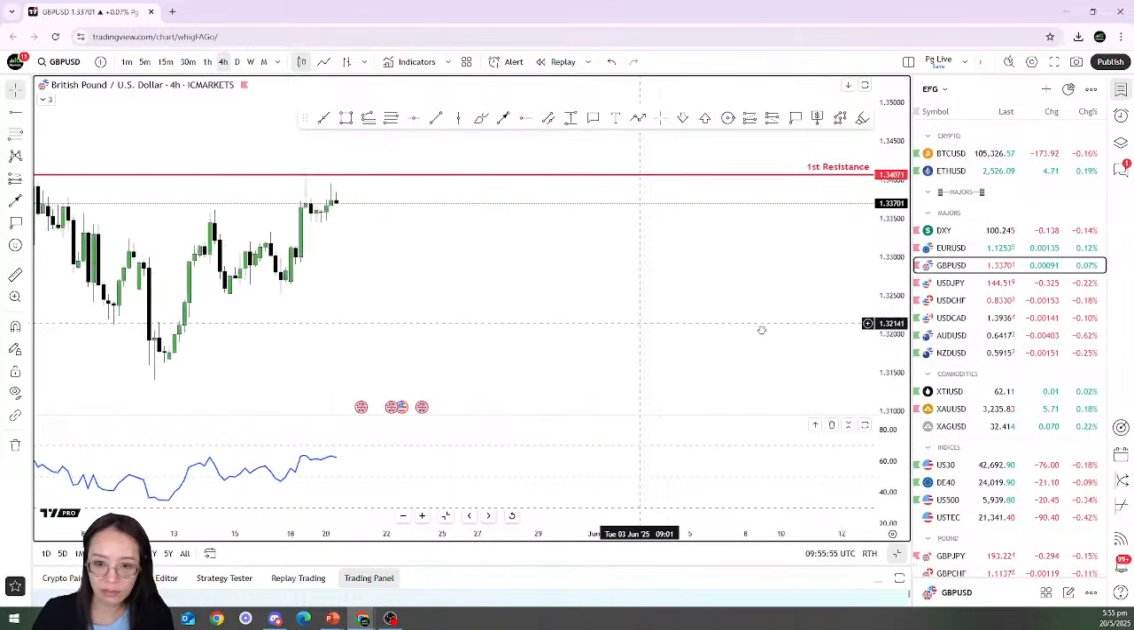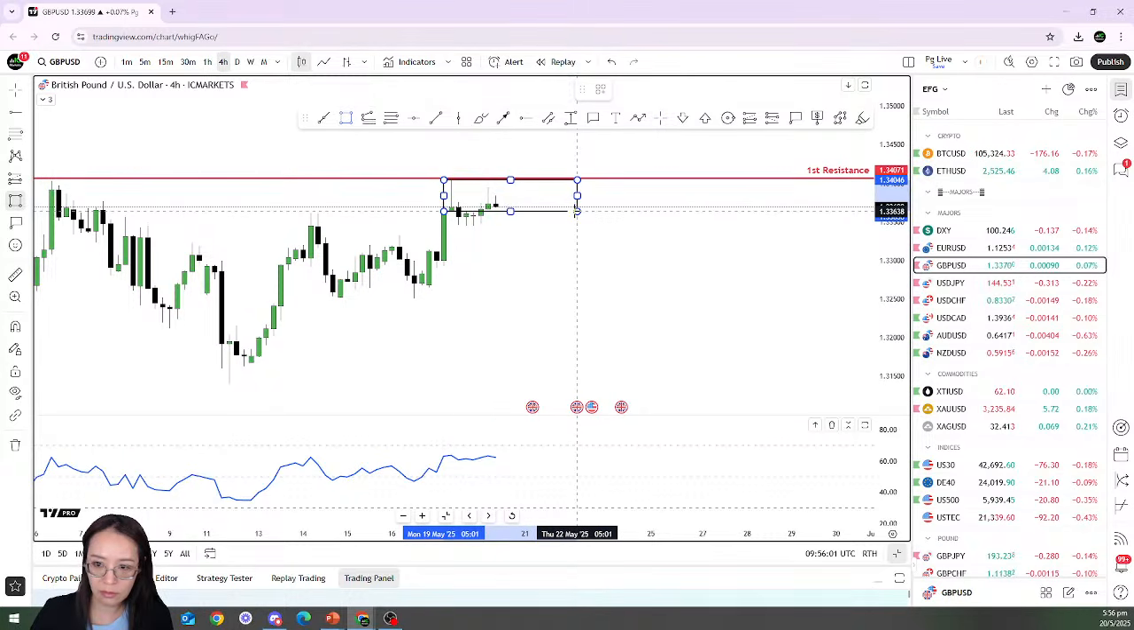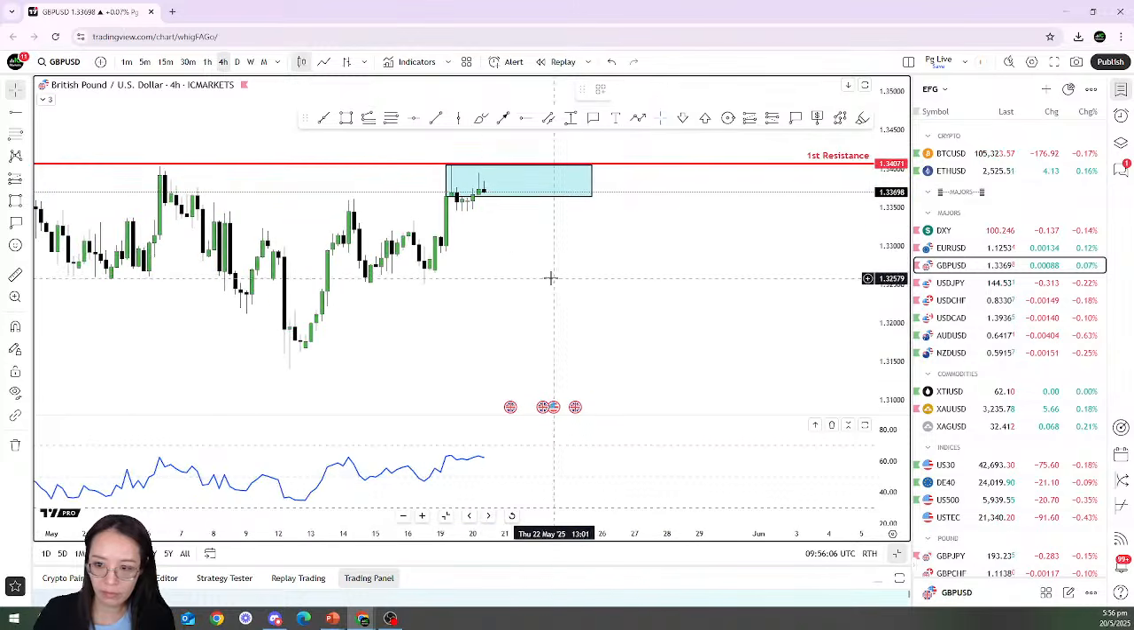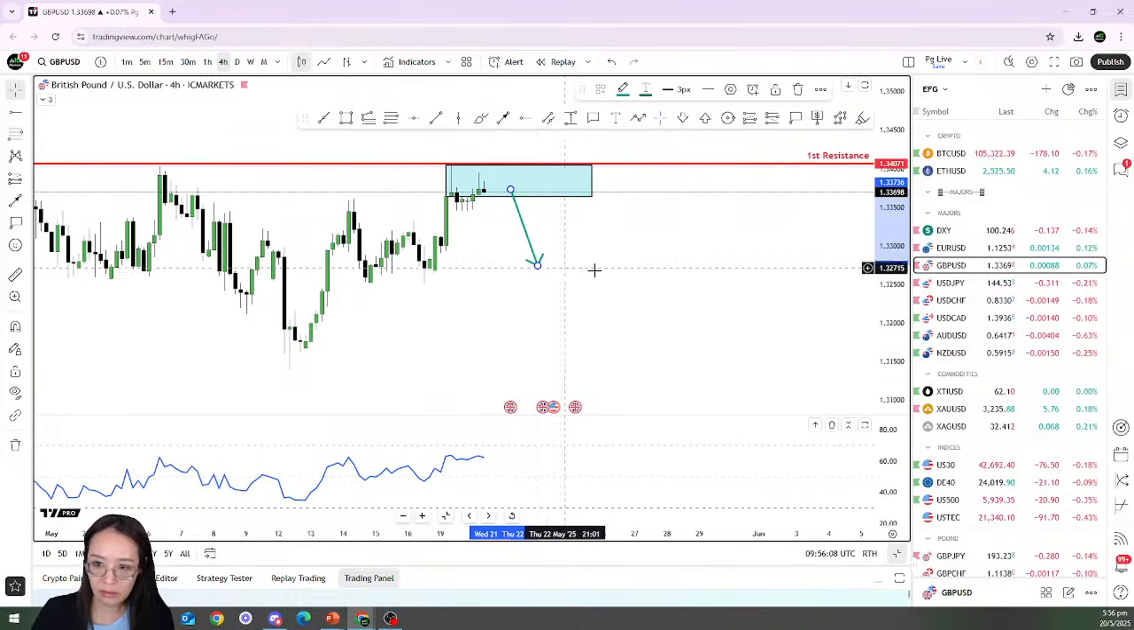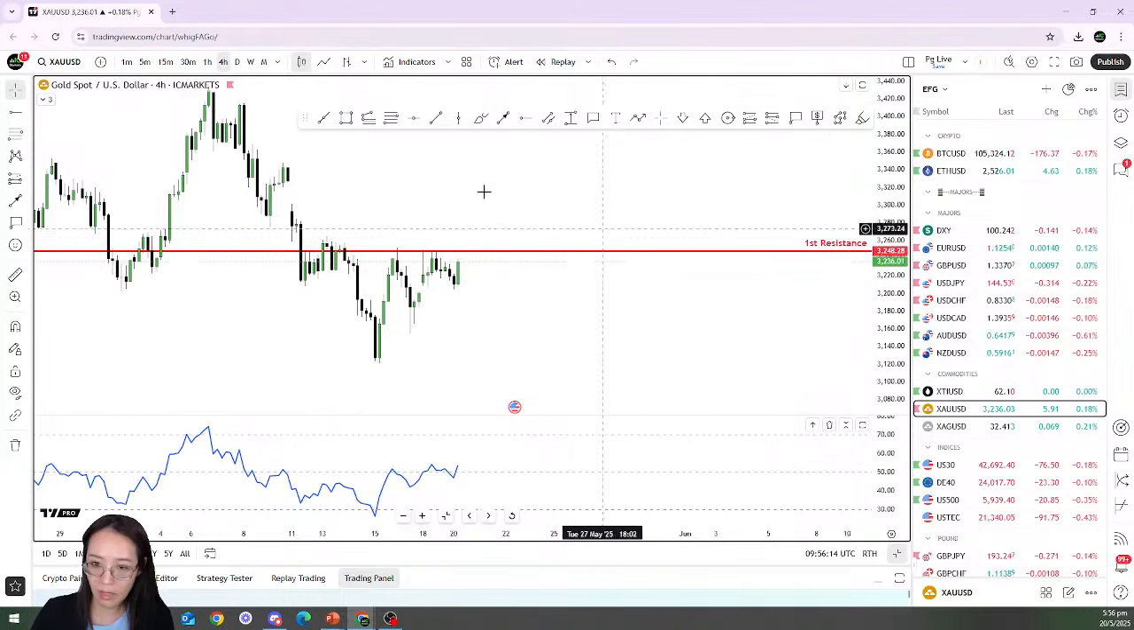This is going to be the sell zone here. We can see the rejection and the wick in the body. This is going to be my sell zone. So basically, sell, right? EUR also reacted off, and gold somehow